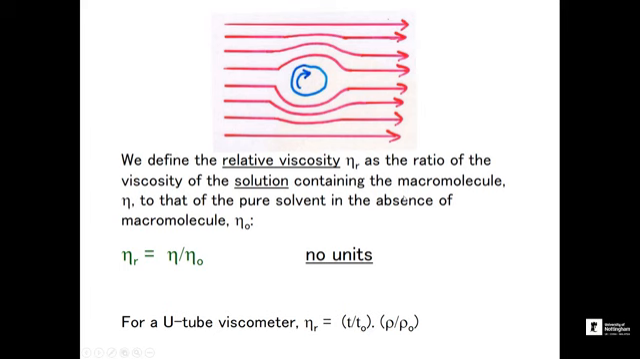Now, this isn't easy for us because we're not bothered about viscosities and poises, Pascal seconds and all this sort of stuff. What we're interested in is the relative viscosity. And the relative viscosity is simply the ratio of the viscosity of the solution containing the macromolecule to that of the pure solvent in the absence of the macromolecule, eta 0. So the relative viscosity equals the viscosity of the solution, and we use the Greek